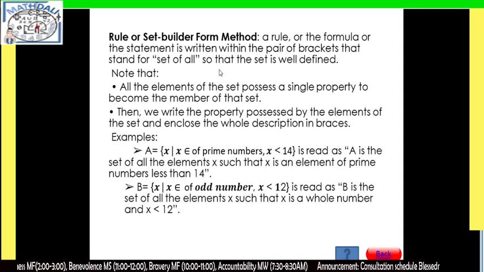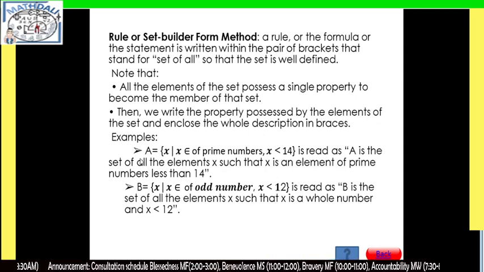So that all the set is well defined. Note that all the elements of the set possess a single property to become a member of that set. Then we write the property possessed by the element of the set and enclose the whole description in braces.